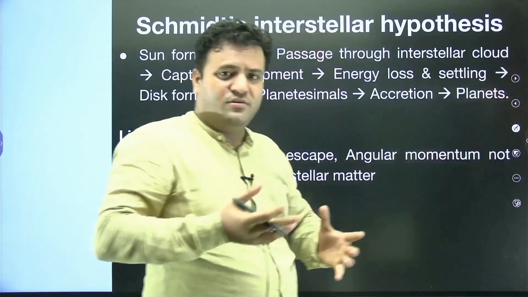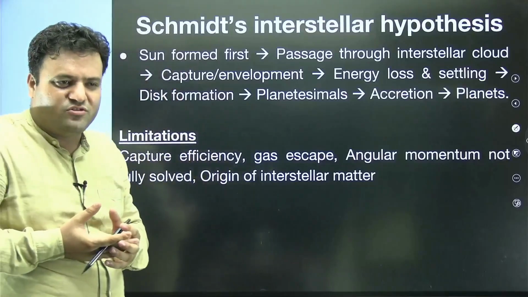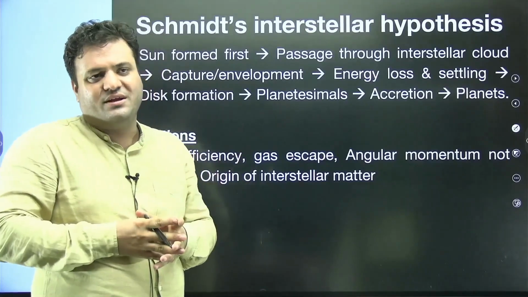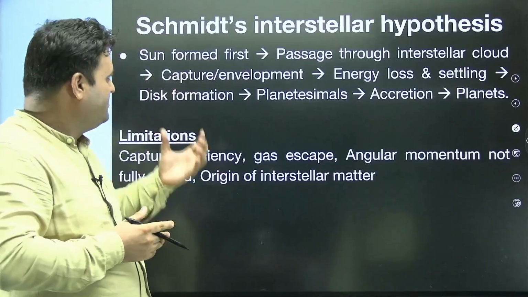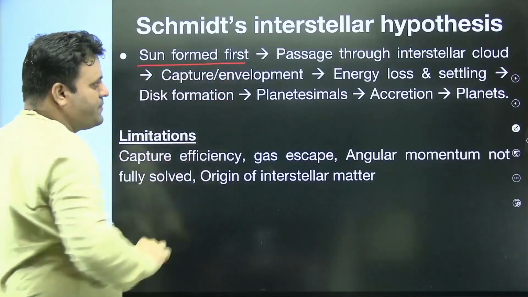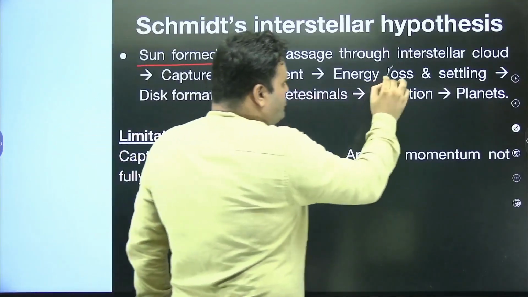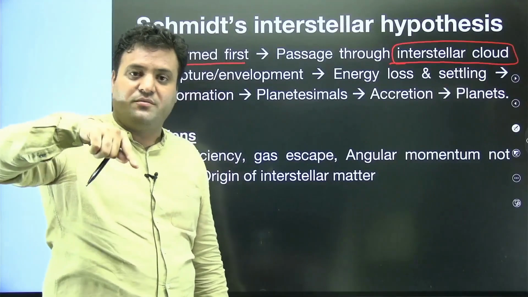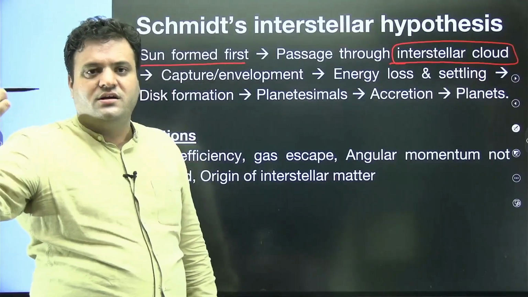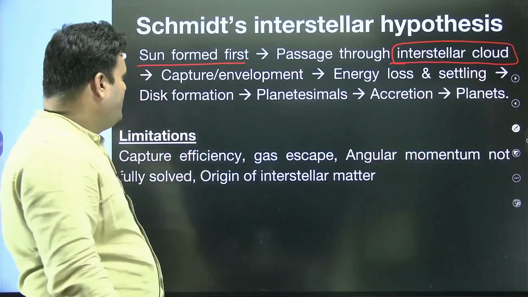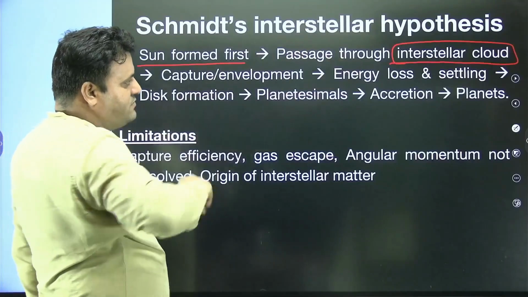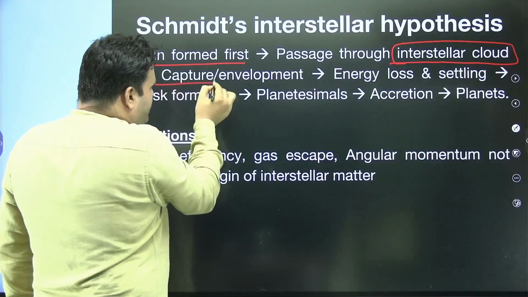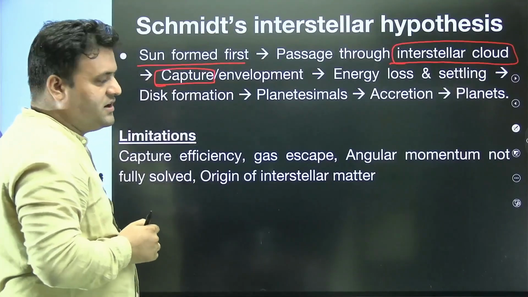It's a different theory, and you might have some sort of pinching in your mind that we have so many assumptions here. Yes, we have so many assumptions. Here we have the crux. So see, the sun was formed first, and the sun passed through an interstellar cloud. The interstellar cloud was comprised of cosmic dust and gases. So when the sun encountered the interstellar cloud, it started to capture the interstellar dust or interstellar material, you can say,